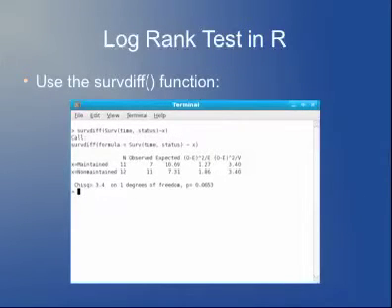The command to do it in R is called survdiff. Syntax very similar to survfit, but rather than calculating the Kaplan-Meier curves, it just tests the null hypothesis of no difference between the two groups. Basically, all we care about here is the p-value down at the bottom, which is 0.065. So if you use the conventional p less than 0.05 cutoff for statistical significance, then we would conclude that there's not a statistically significant difference between the two groups,